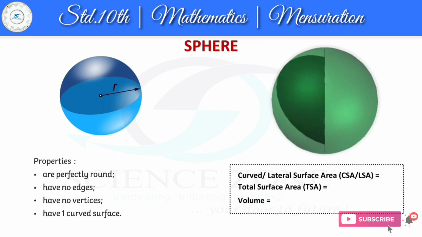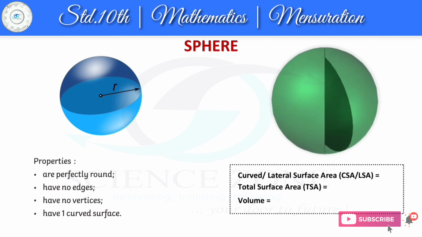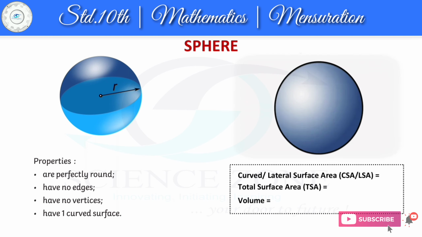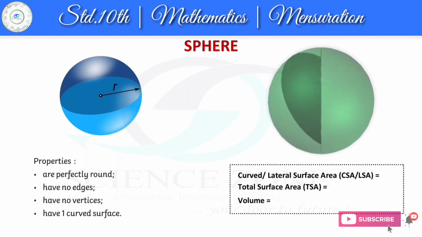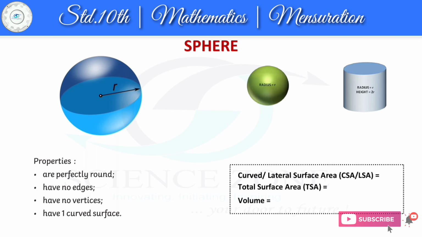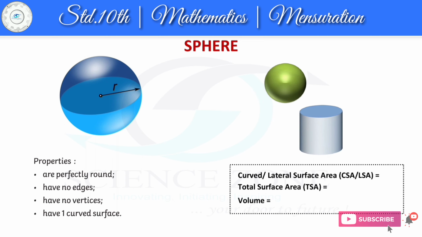Sphere. It is a 3D shape with one curved surface only. A sphere does not have any base. Football, earth, these are a few examples of spherical shapes. As a sphere does not have any base, the formula for its total surface area and curved surface area will be the same. The formula for curved surface area of a sphere was given by Archimedes' hat-box theorem.